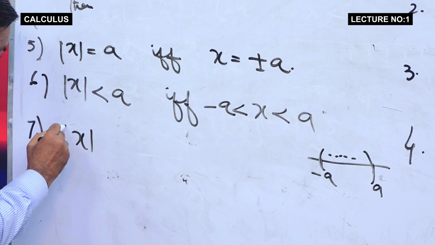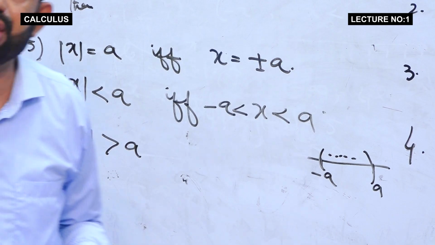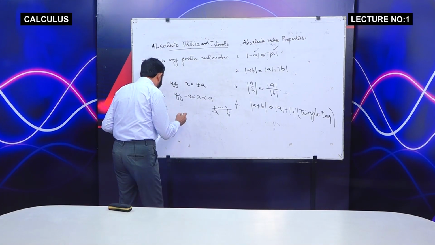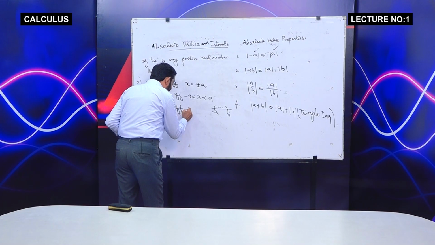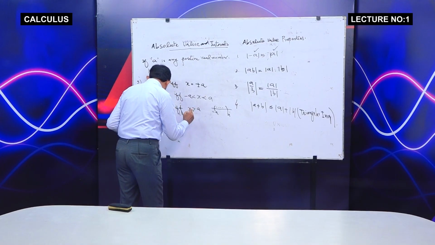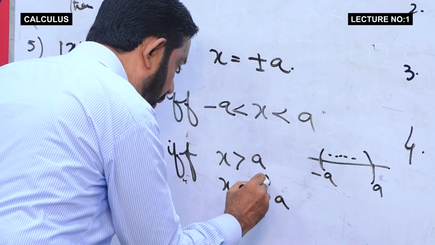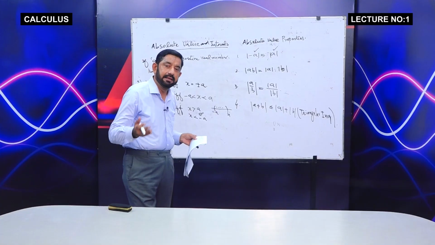तो यहां पर सेवंथ में अगर आप कैसे लिखेंगे कि अगर x का मॉड आपका ग्रेटर देन a है तो देन आप इसको इंटरवल की शेप में कैसे लिख सकते हैं, how you can write in the form of interval if and only if x must be greater than a and x is less than -a. So this is the OR, कि इसका मतलब है कि x आपका या a से बड़ा है या -a से छोटा है।